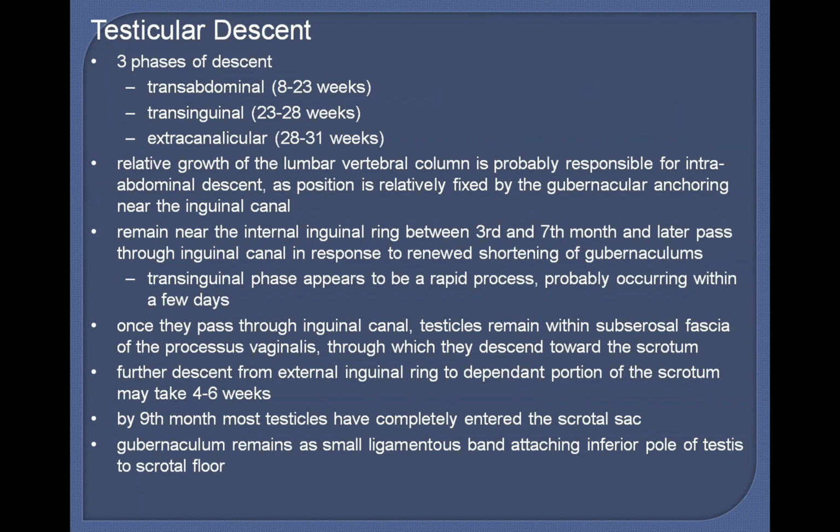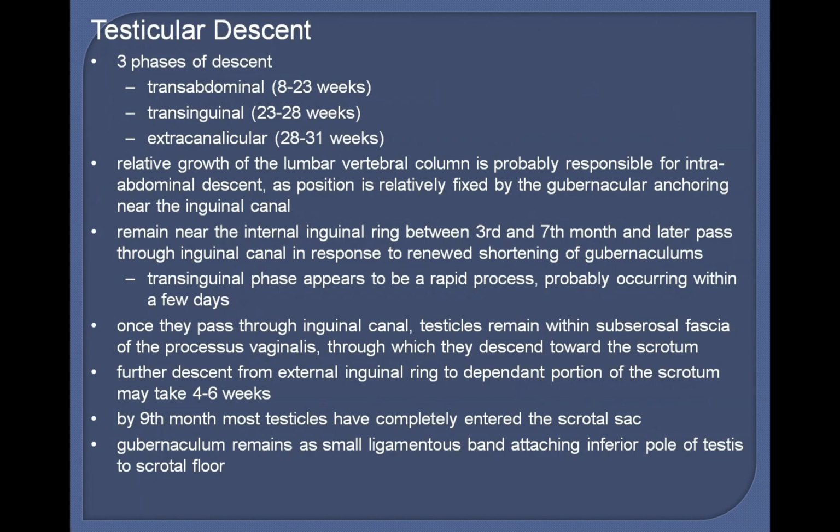So that is why the answer is given as 3rd month. From the 7th month onwards, it will pass through the inguinal canal, between 7 to 8 months, in response to renewed shortening of the gubernaculum. This transinguinal phase appears to be a rapid process, and it will probably occur within a few days. Once they pass through the inguinal canal, the testicles remain in the subserosal fascia, through which they